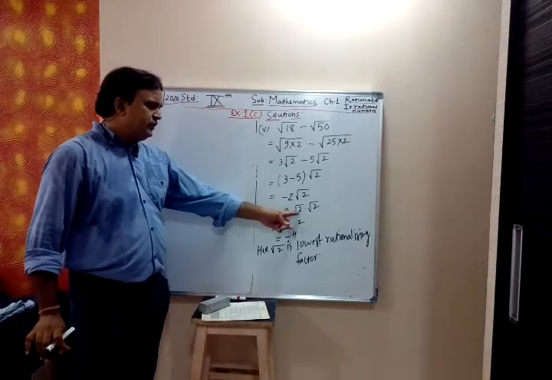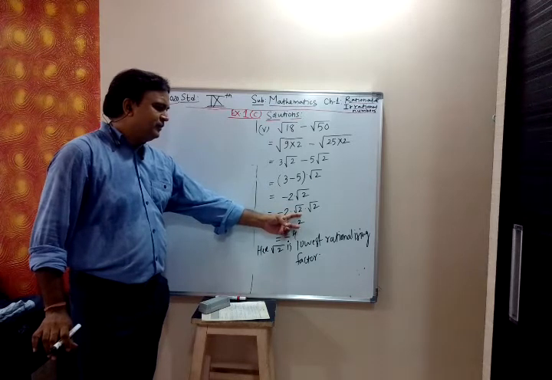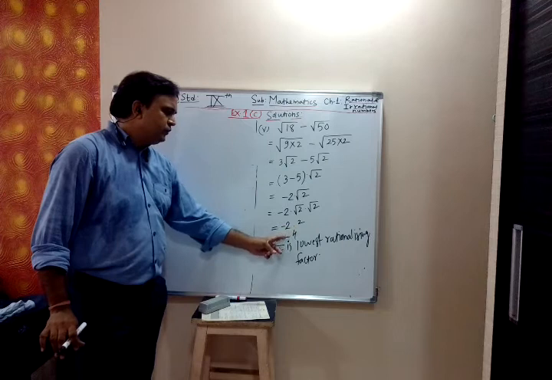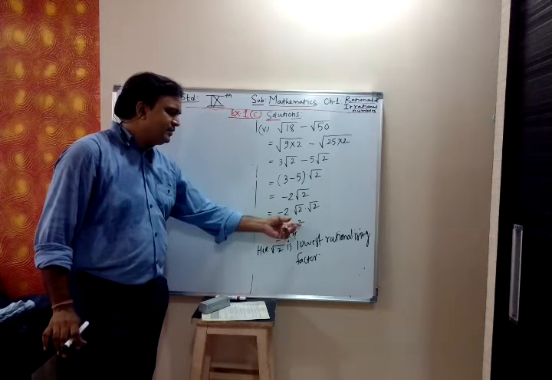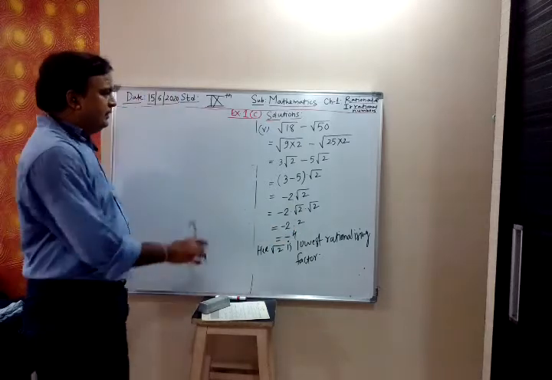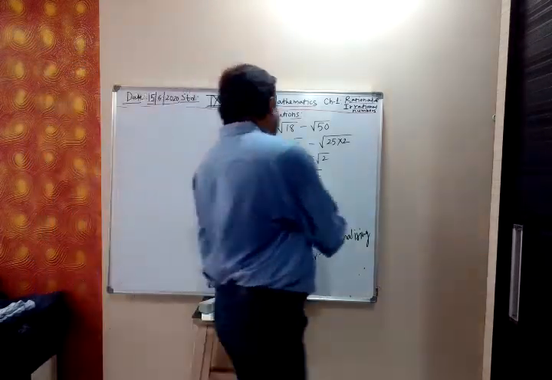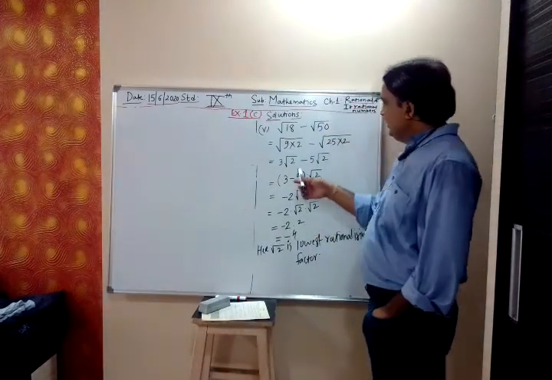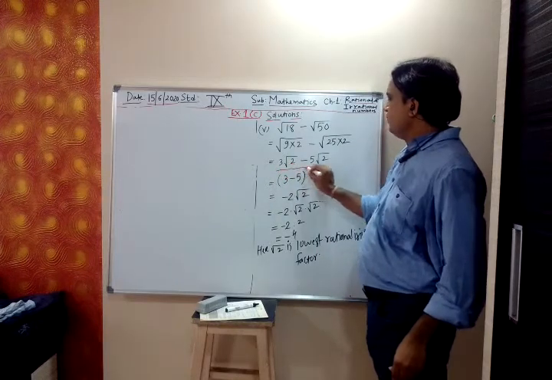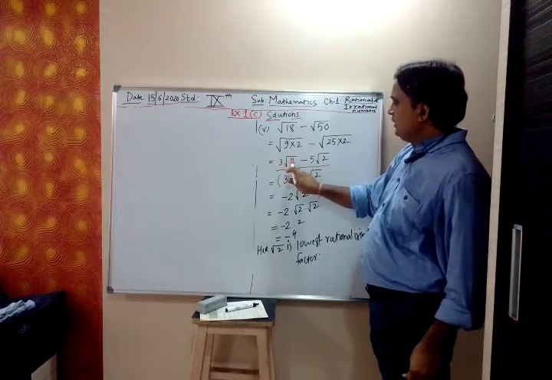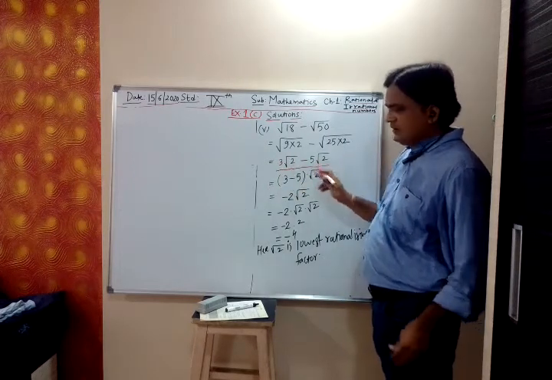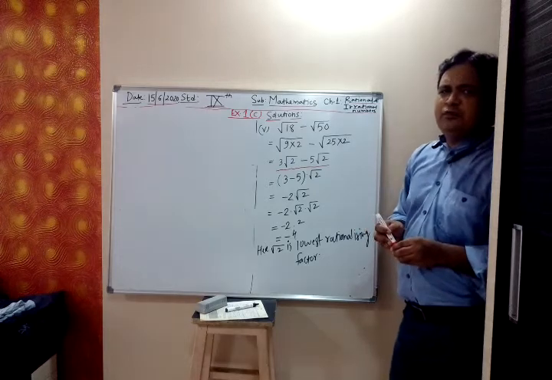Yes, root 2. So that root 2 is the irrational part, no? So we multiply by root 2. So root 2 into root 2 becomes 2. So finally it becomes minus 4. Minus 4 is a rational number. Now there is no irrational part. That means the lowest rationalizing factor in this is root 2. Now at this stage, try to understand. At this stage, if there is nothing common in these terms, then we multiply by the same number opposite in sign.